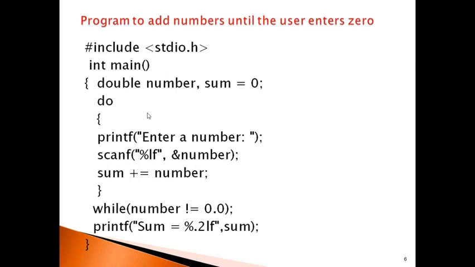If he wants to calculate the sum of numbers, he will execute this program. He enters the first number, second number, third number, and it calculates the sum of the numbers. Whenever he thinks there are no more numbers, he enters 0. That choice is the end of the summation. Then it calculates the total sum of those numbers and displays the output.